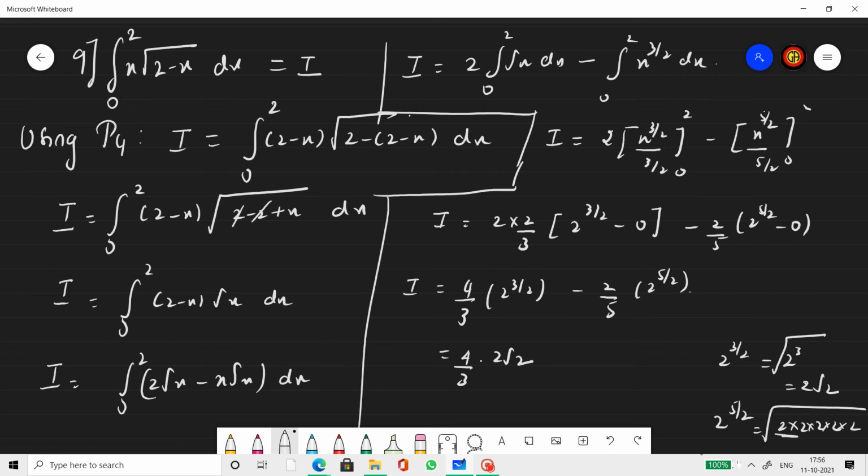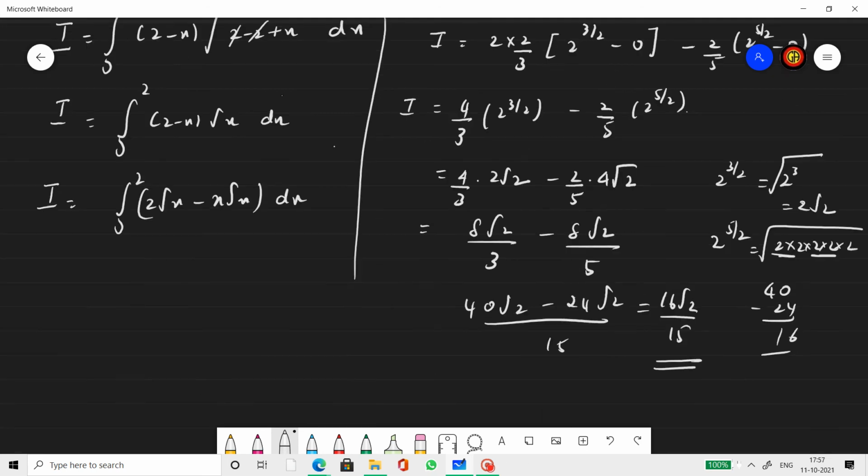Two 2's make 2 squared, which will come out of the root. So this will be 4 root 2. So 2/5 into 4 root 2. Now simplify this and we'll get the answer. When you simplify, you take the LCM, and after the LCM, you get 16 root 2